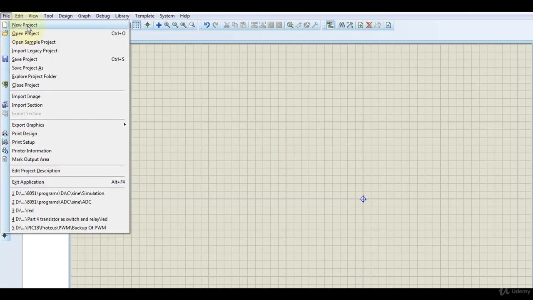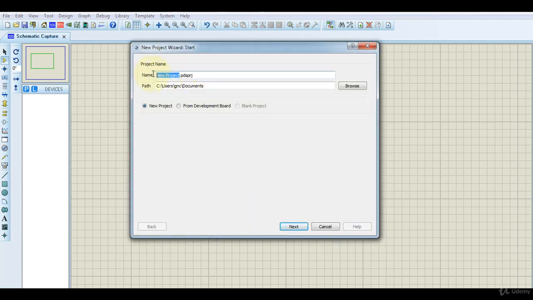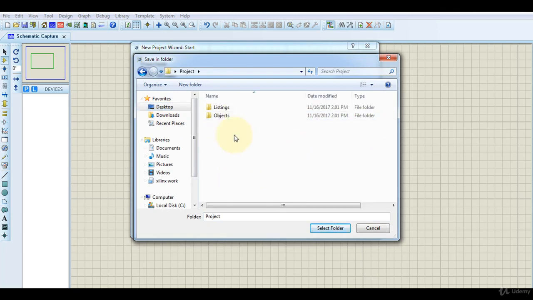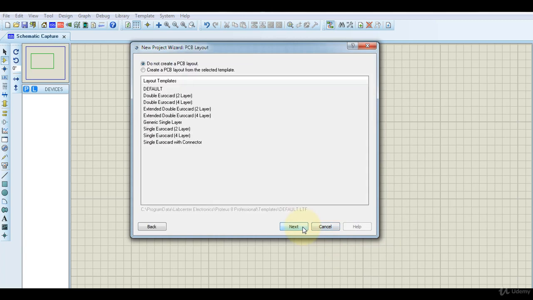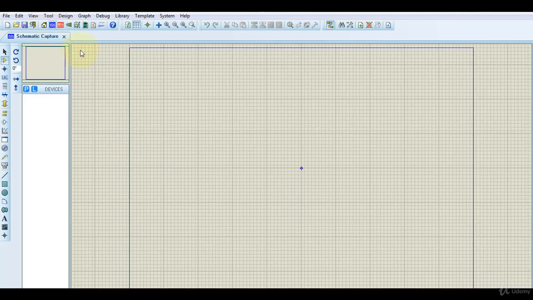Go to File, create new project, give a name to your project. Suppose I want to save this in my same project folder with the name Proteus. Okay, then next, finish. Then click on schematic capture.